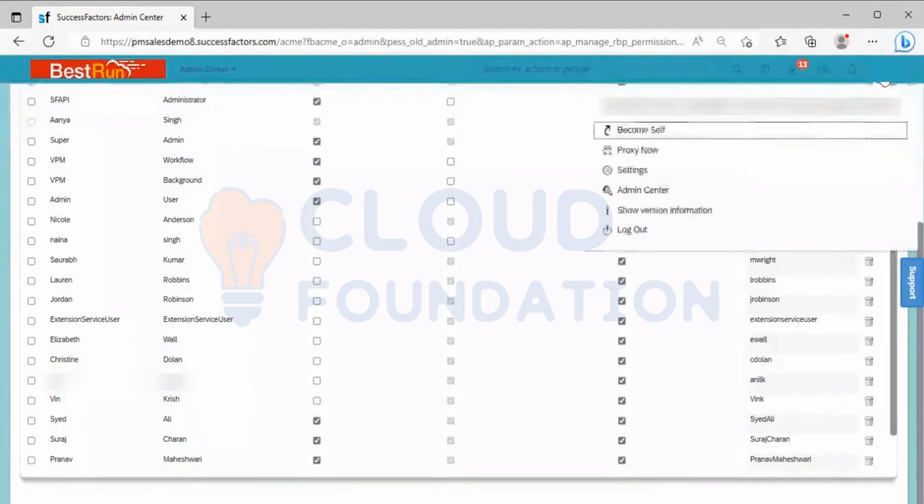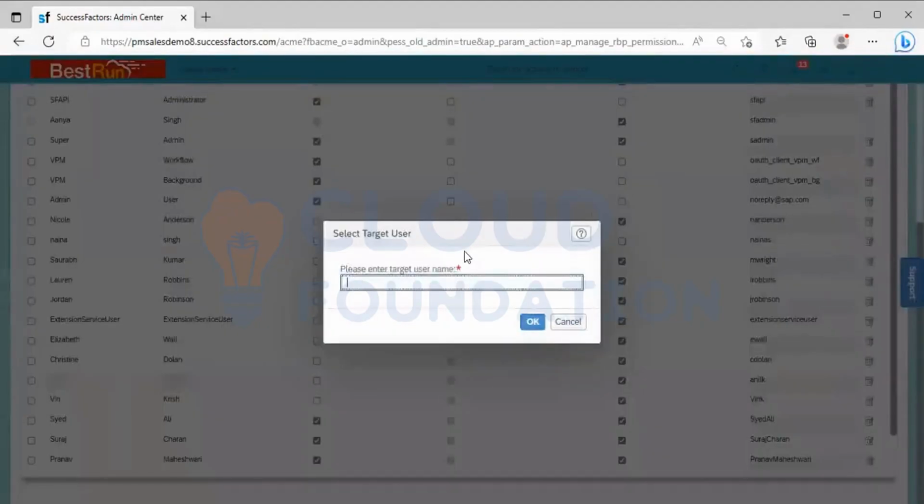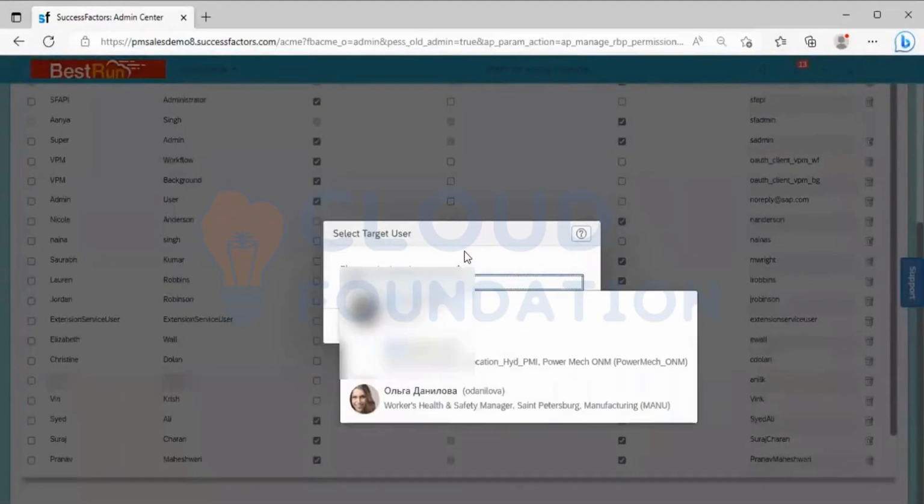How will I go and check that? I will proxy. Earlier when I had proxied, he was not having the access to the tool.